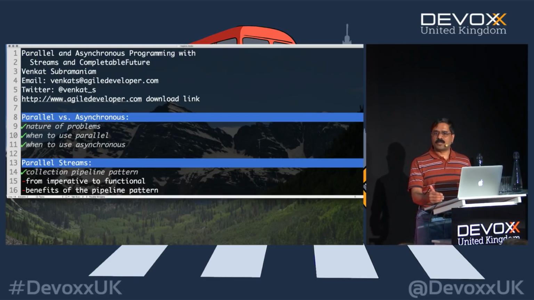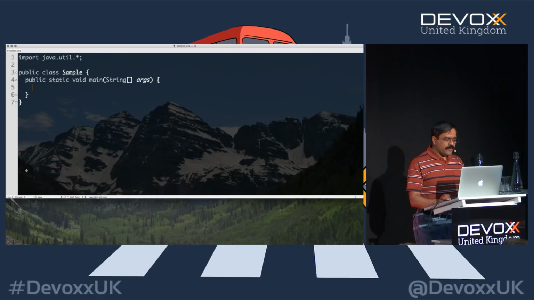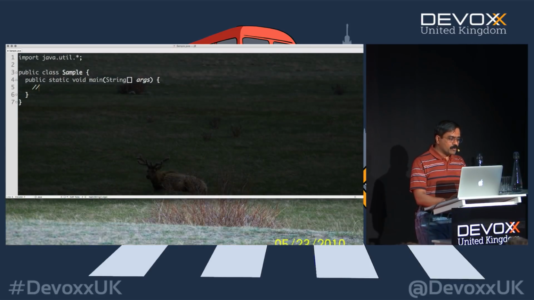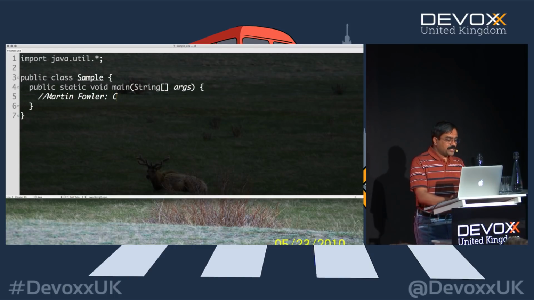And that's what really hooked me on to Java 8 and to Java itself, in my opinion, because when I looked at streams and the behavior of streams, I was absolutely convinced this is phenomenal. So what does it really offer? Well, Martin Fowler talks about it. If you Google for this, you will find it. And Martin Fowler talks about this as what he calls the collection pipeline pattern.